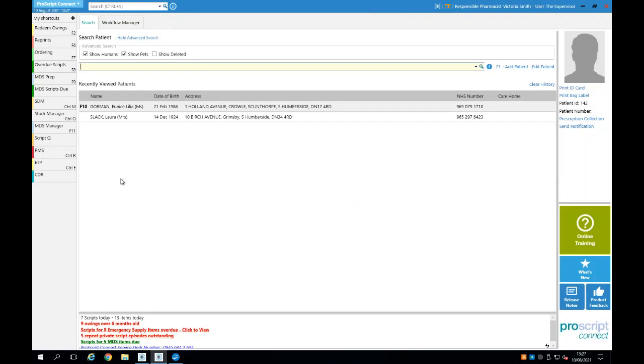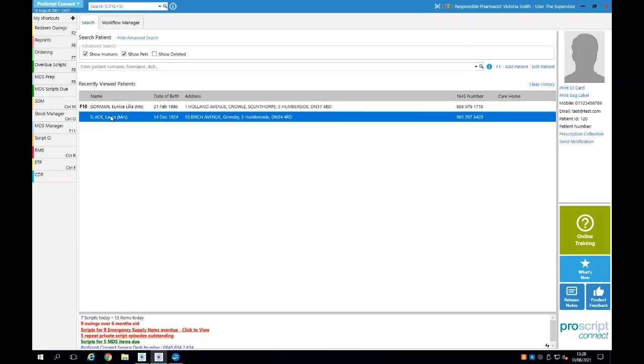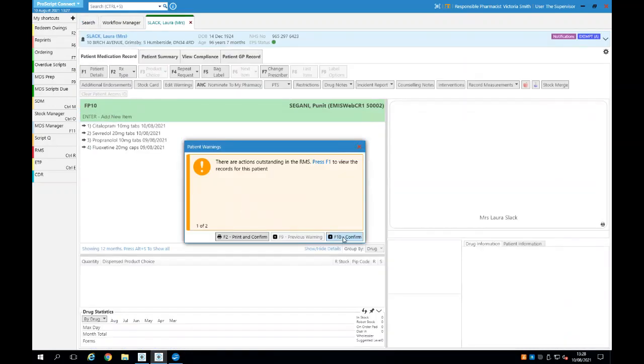And finally, one of the things that I think needs pointing out is the ability to transfer patients' contact details now via the PDS. One of the more important pieces of information required in any ProScript pharmacy is a telephone number for the particular patient. And with the latest update, we are now able to pull telephone numbers using the PDS sync within the patient's PMR. So again, if I go into the patient's PMR,